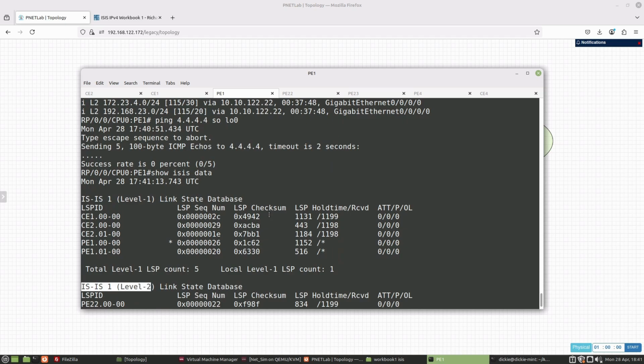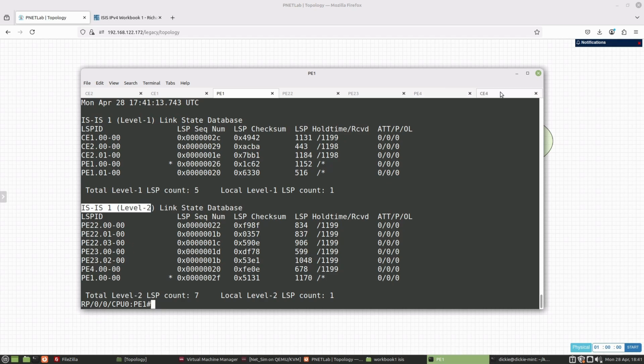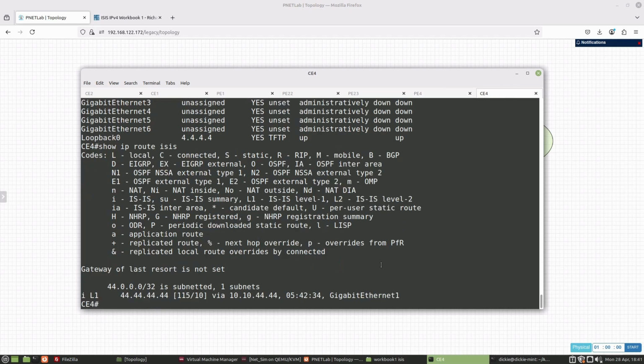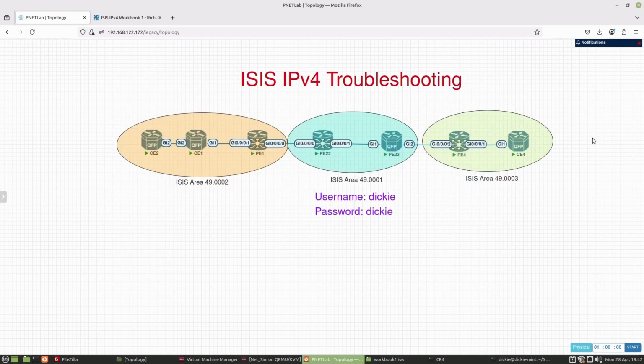Let's have a little jump on. So we've done the root, the neighbors, and our database. On CE4, we've done the root. Let's have a look at show ISIS database. Again, all we can see is the connectivity between, or the LSPs we're receiving from PE4. So what's happening here is while we have connectivity, which is fantastic. So what we can see here is that the IOS XR devices, the layer 2 devices here and here, they're